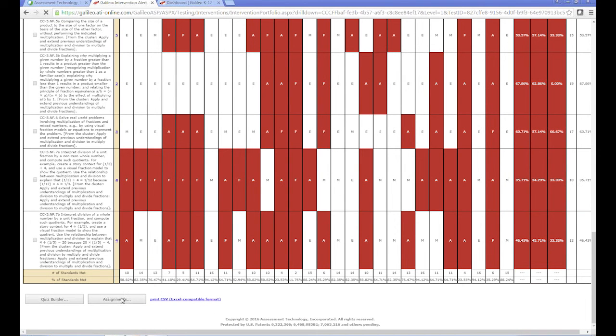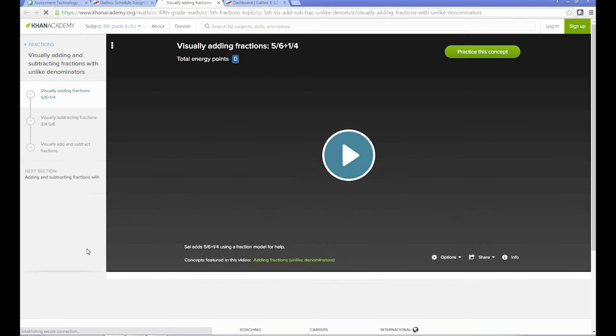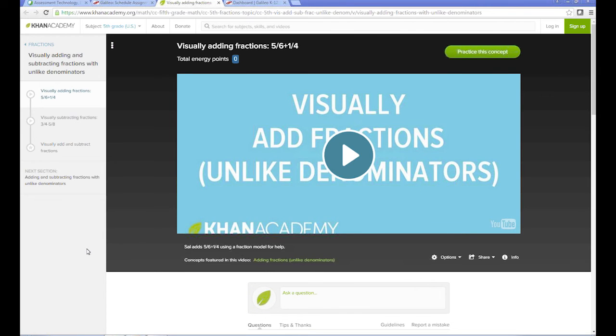And we can scroll down and access some of the content that is available through the Galileo system. This would include our instructional dialogues, as well as any external content that we link to. That might include, for example, Khan Academy data. We're also working with some other companies to link to their content as well. So I'll show you as an example. We could click on the Galileo resources that are available. I'll go ahead and click on a Khan Academy link, see if that comes up for you. And we could